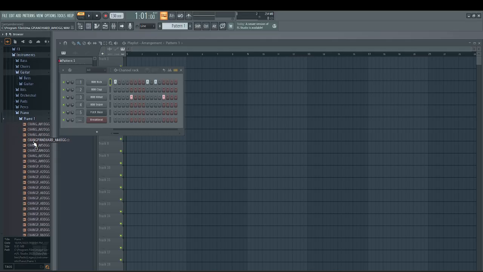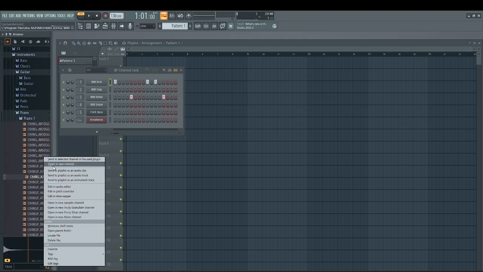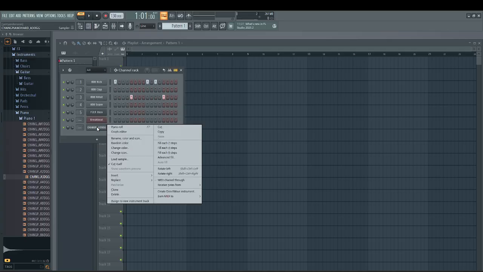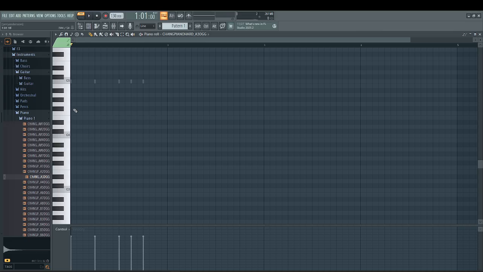It's not doing anything. Piano 1. There we go. There we go. Right click, open a new channel, right? And they can mess around with all the stuff, but I don't play around with that. Right click, piano roll. Now I've got a piano thing, so what I can do is I can mess around. Now I can do things like, for instance, if I want to do a C chord,